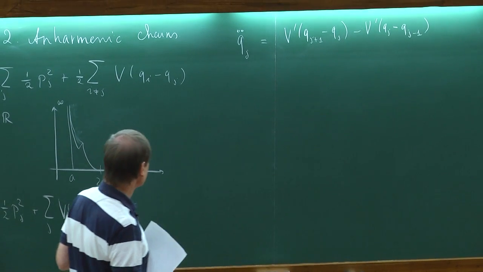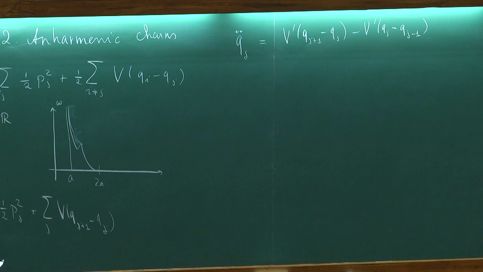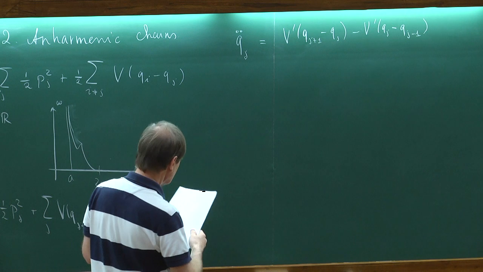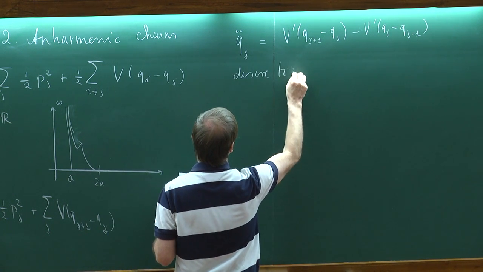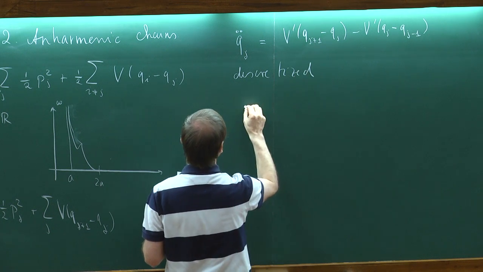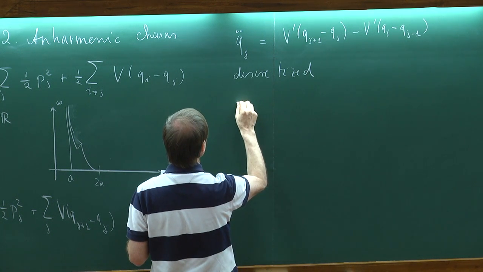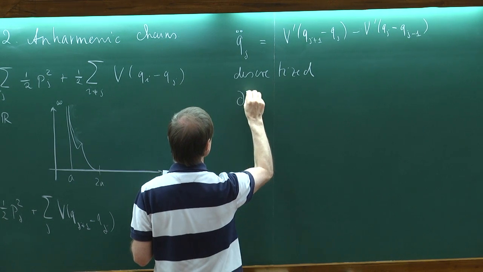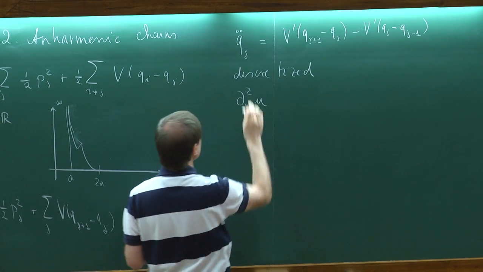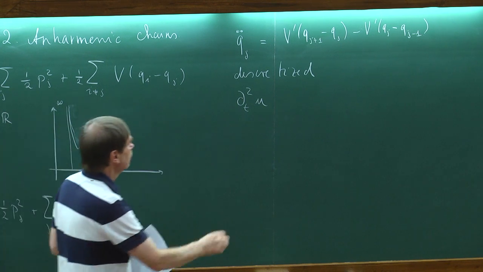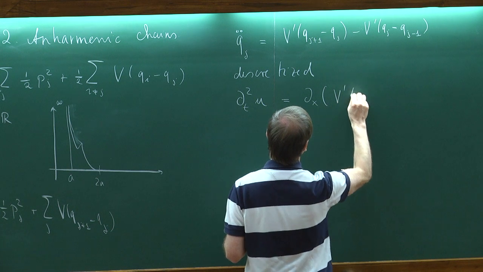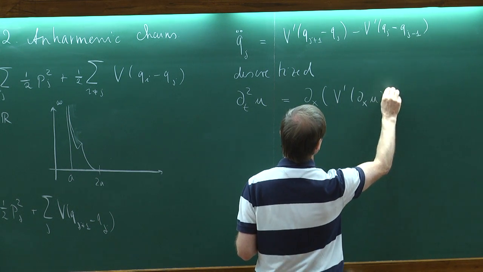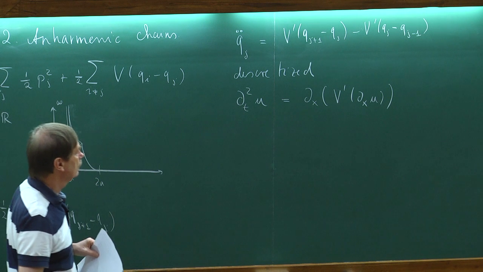Then I want to think of this. You can also think of this, rather than thinking of fluid, like a discretized wave equation. So, this is sort of a discrete version. Well, you do the obvious thing. You think of this as a wave field, and so you have something like the second derivative of u. That's just this object here. And then this you think of dx of V prime of dx of u. Right? So this is your continuum wave equation.